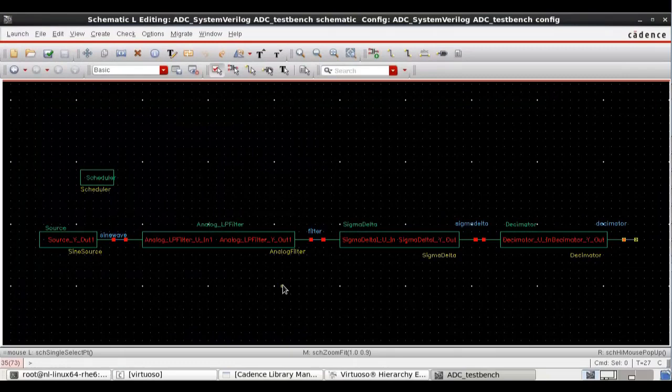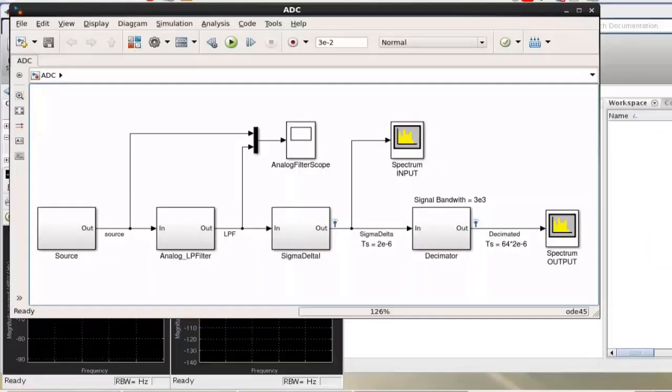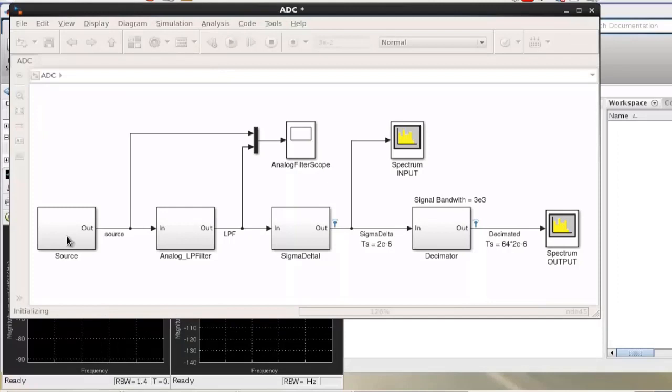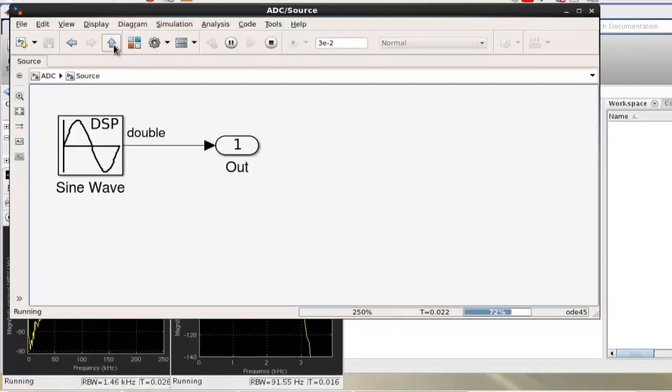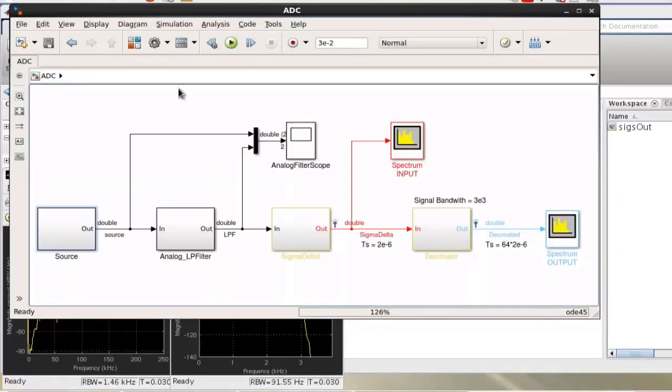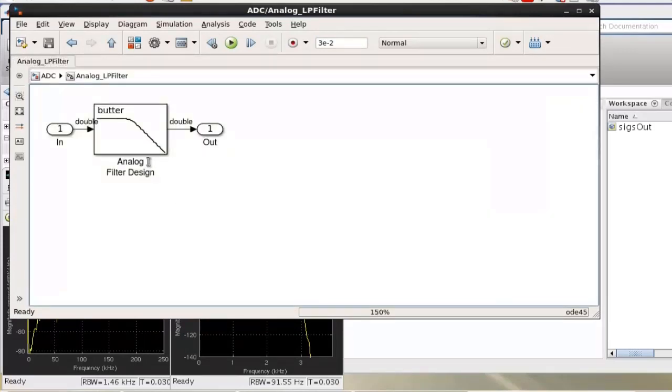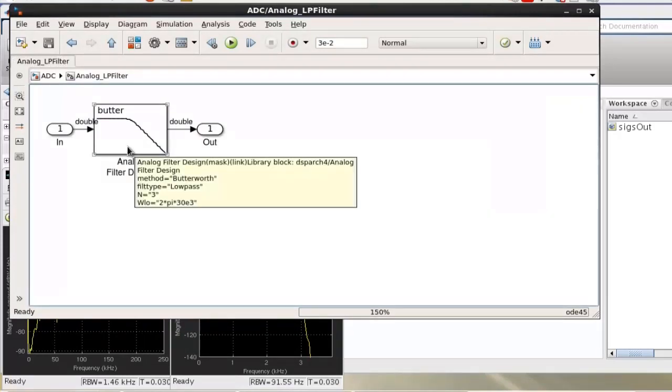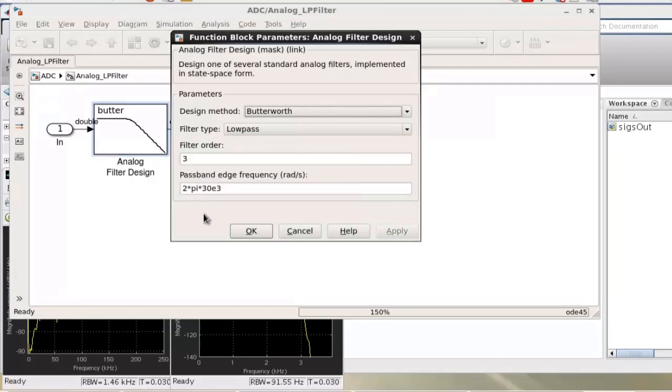So what we will obtain is 4 functional stages that are equivalent to Simulink and that provide exactly the same results in Simulink and in AMS Designer. The 4 stages of the model are respectively a signal source, that in this case is just a sine wave, sinusoidal waveform, an analog low-pass filter that is just designed with a behavioral Butterworth third-order function,